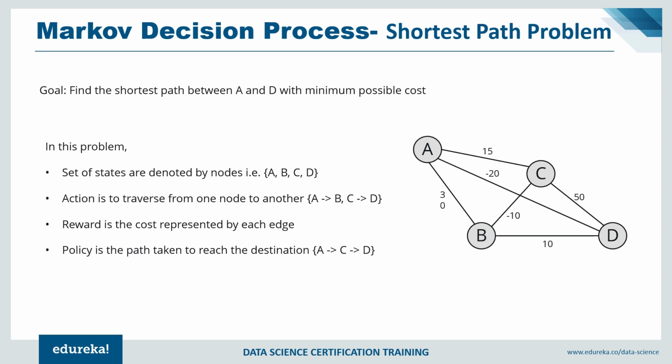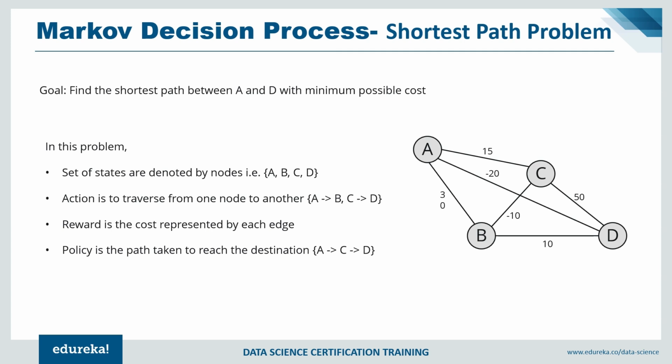Each edge has a number linked to it, and this denotes the cost to traverse that edge. Now the task at hand is to traverse from point A to D with the minimum possible cost. In this problem, the set of states are denoted by the nodes A, B, C, and D. The action is to traverse from one node to another, given by A arrow B or C arrow D. Reward is the cost represented by each edge, and the policy is the path taken to reach each destination,